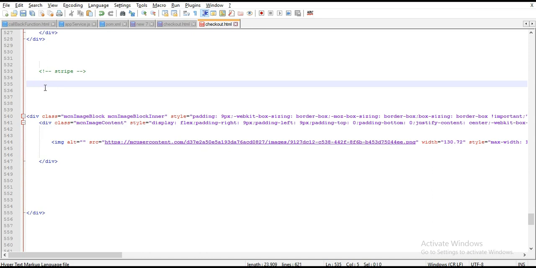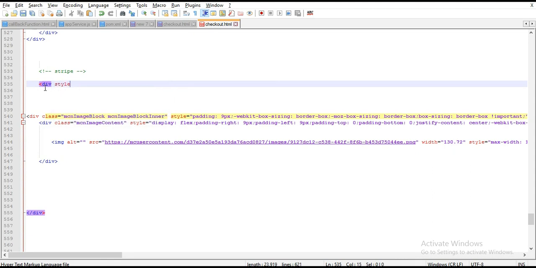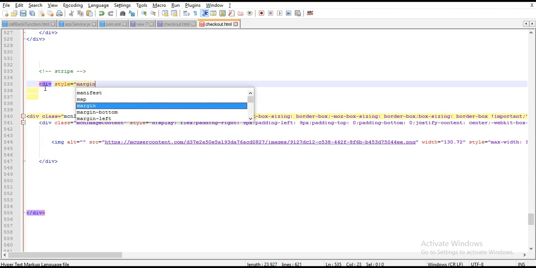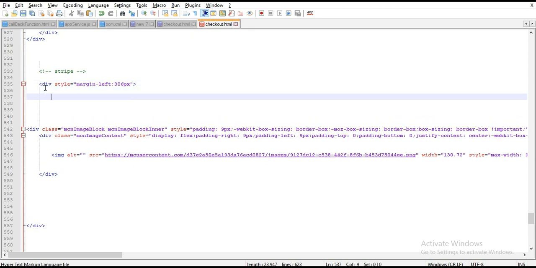Here I'm going to put a style, margin left 360px. And here I'm assigning some kind of style,